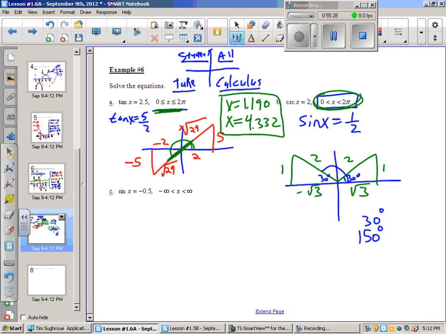However, it only wants the answers in radians. Don't even circle those answers. Those are not acceptable. You need to know that 30 degrees is the same as pi over 6. Here's what I was talking about earlier when I was talking about the rotation of angles. Too many times students want to convert this and say, oh, this is 150. I've got to multiply by pi over 180 and then reduce it down, and it takes forever. You should be able to rotate this in your head by simply saying, if 30 degrees is pi over 6